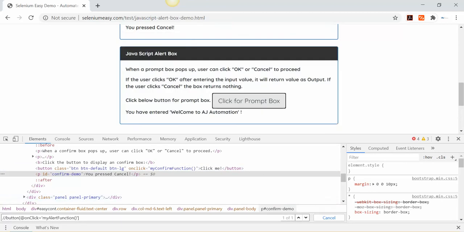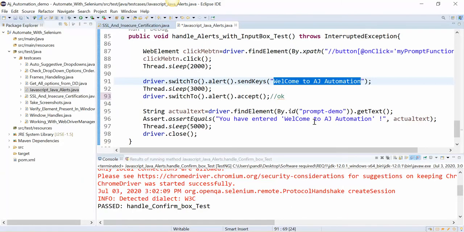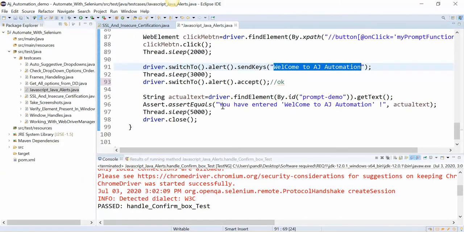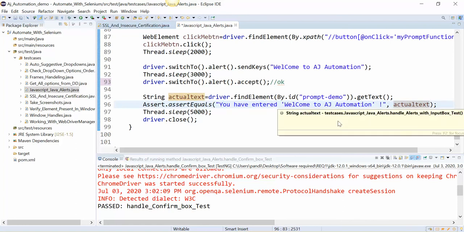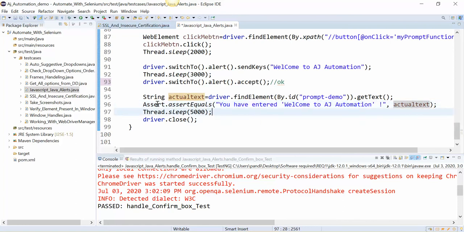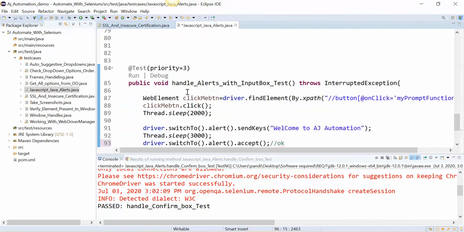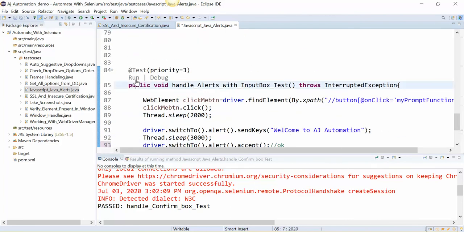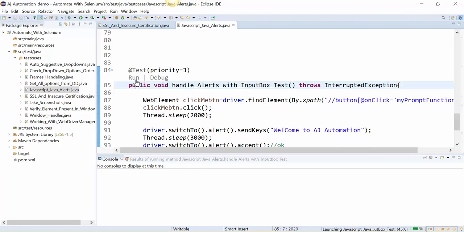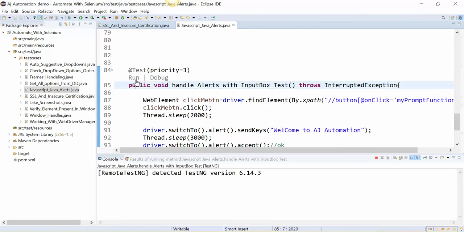So same, we know the expected, what it should be. This actual we are going to compare. So this test case will pass if this assert is passing. Okay, so let's run this and let's see if it is working fine or not. So this is the test case 3.